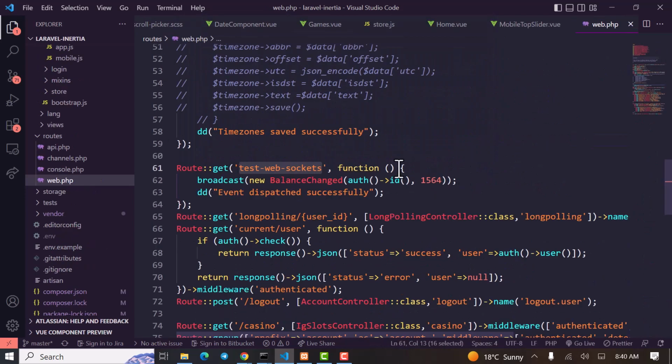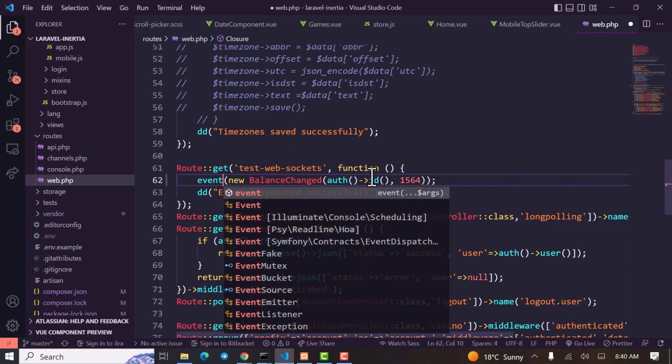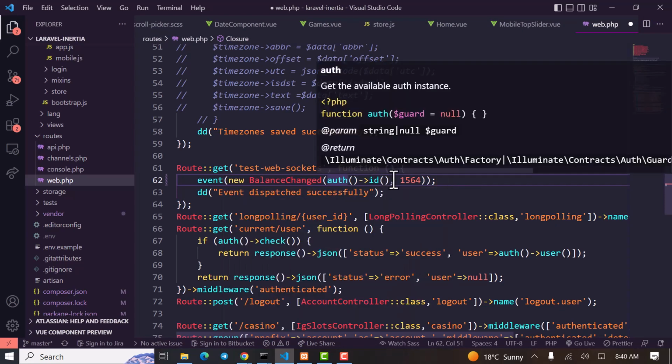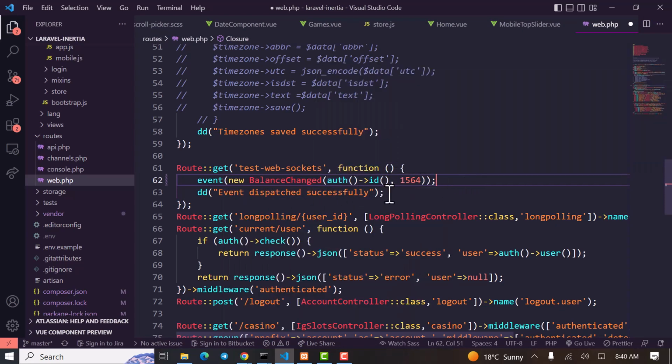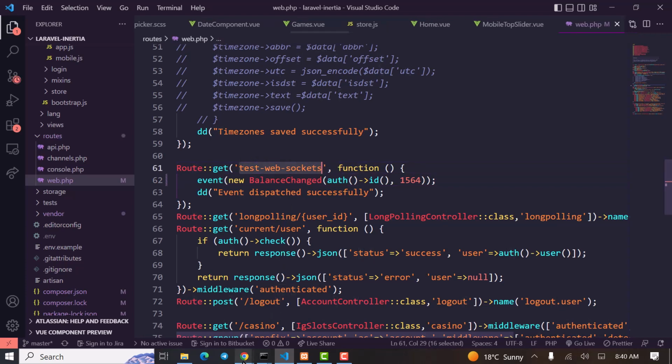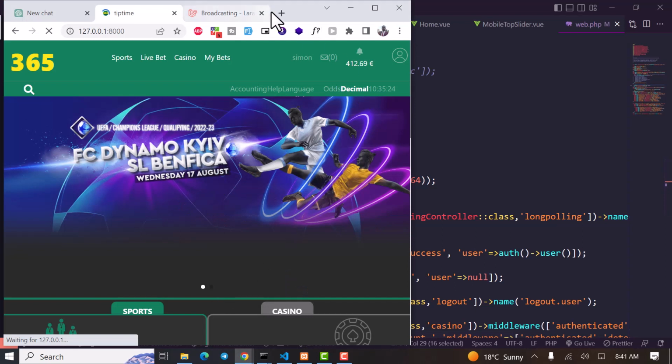So I'll go to web.php, and actually I already have this. I've already set up that route, test WebSockets, and when I call that, it's going to call this event. So instead of broadcast, I'll just do event, and it's going to call this event and pass there the authenticated user's ID and then the balance that I need to be changed. So let me just save that, and then I'll try to visit that route. Let me just copy that